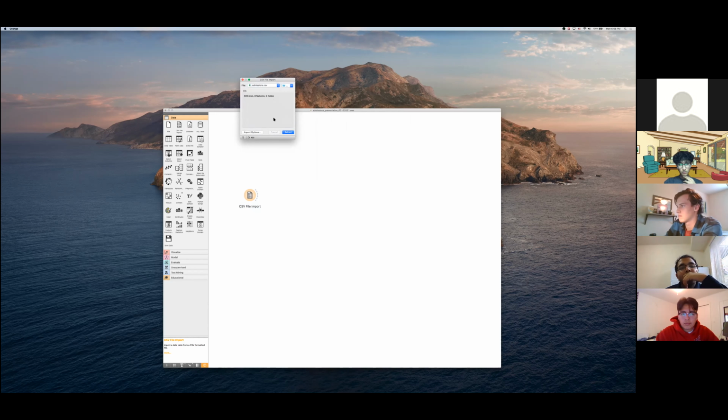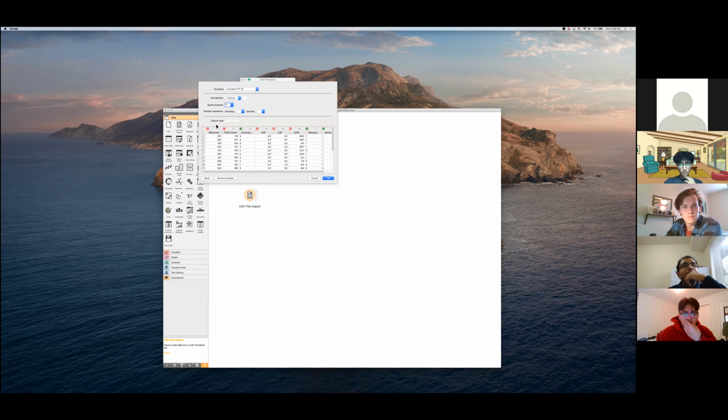So once you have that loaded, what you can do, which is pretty cool, is you can go to the import options and you can tell Orange what type of data type each column is. Mine's already pre-populated because I did this earlier when I was testing,